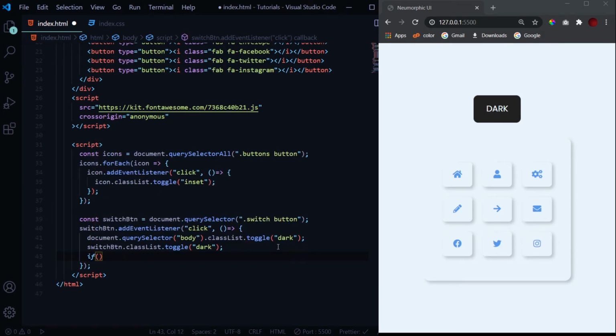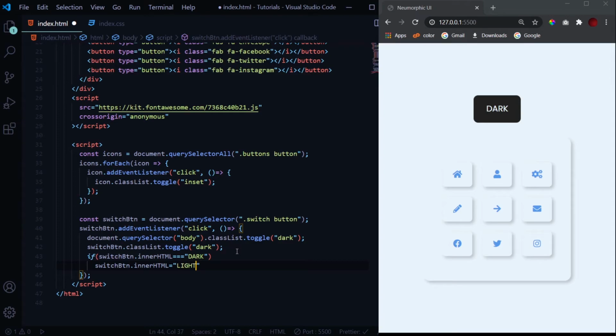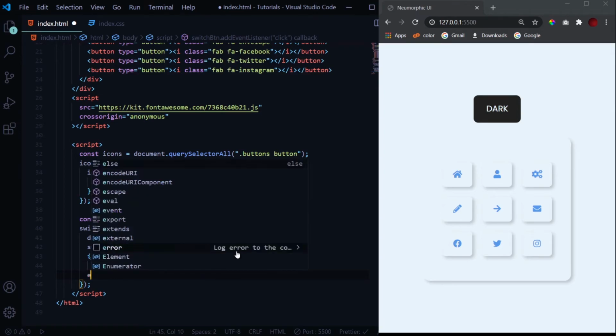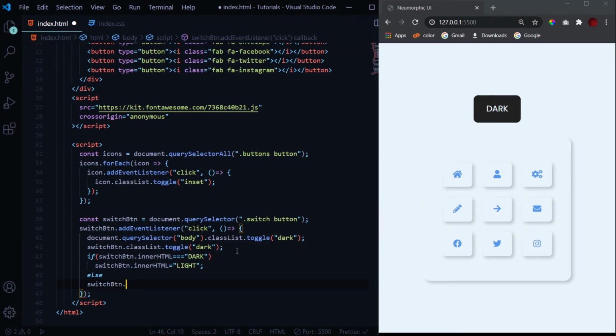So if switchButton dot innerHTML, which right now is dark, is dark, then we will change it to light, like this. And if it is light, that means else, we will change it to dark. So this will be it for changing the text of the switch button.